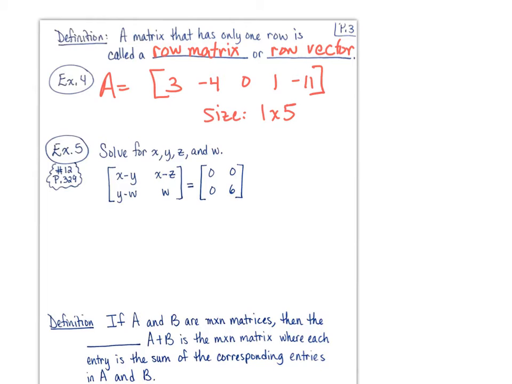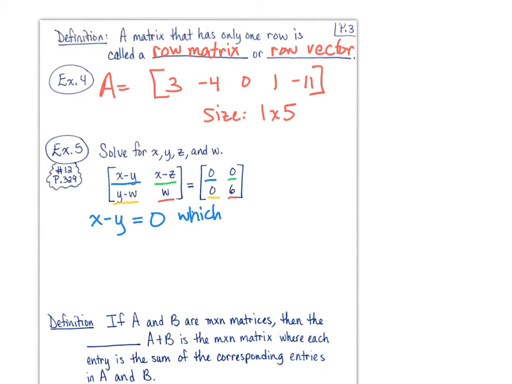So remember, for 2 matrices to be equal, they have to have the same size. These matrices both have the size 2 by 2, right? And then their entries have to be the same. So that means x minus y has to be 0, x minus z has to be 0, y minus w has to be 0, and w has to be 6. So we get x minus y equals 0,